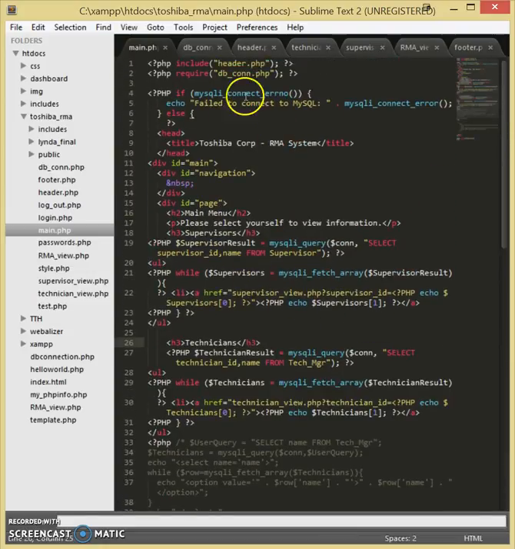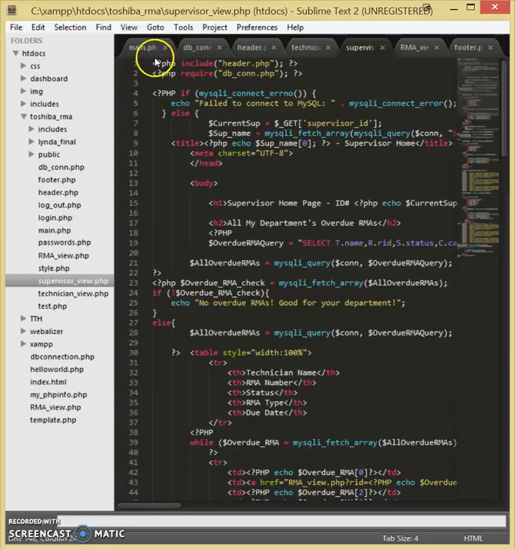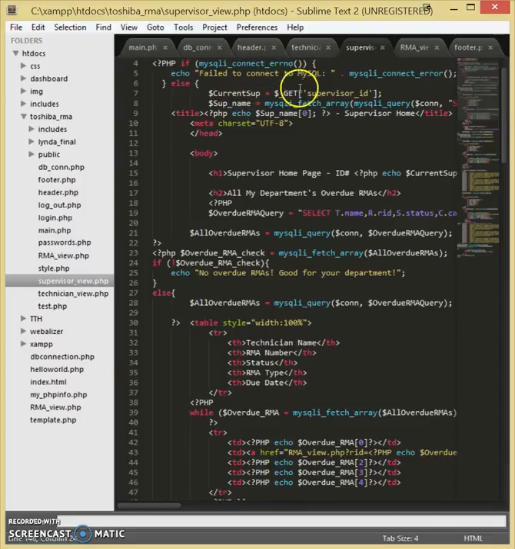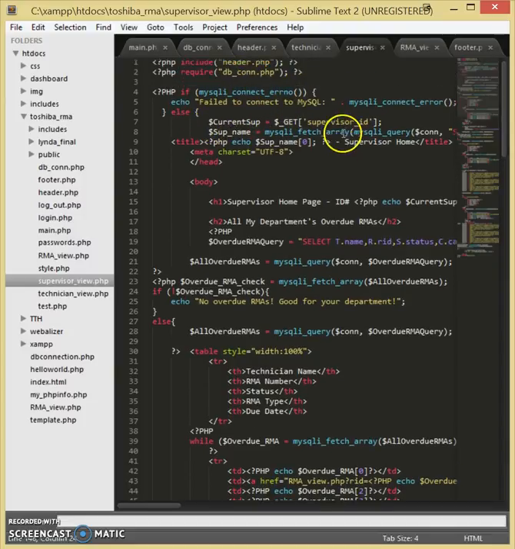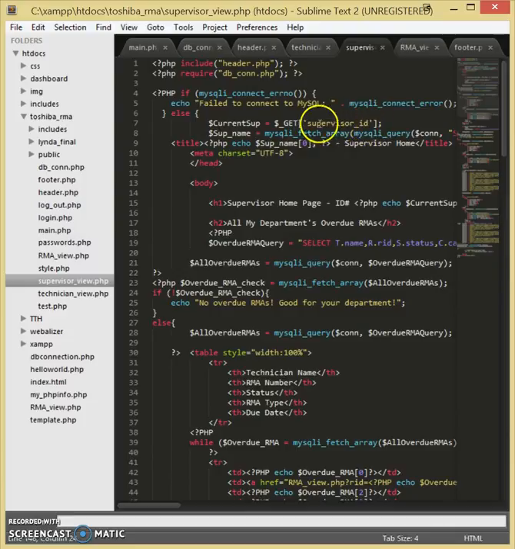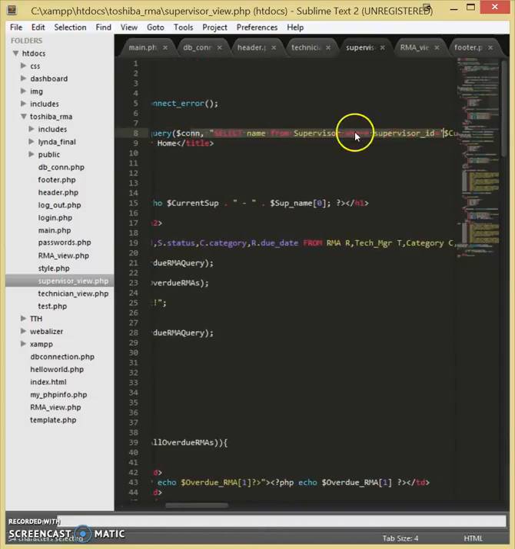So now let's say we click on one of the supervisor pages, then this view pops up. Again, header, have to connect to the database, and if there's no error, then we get the supervisor ID that was passed through the URL, and then query that against